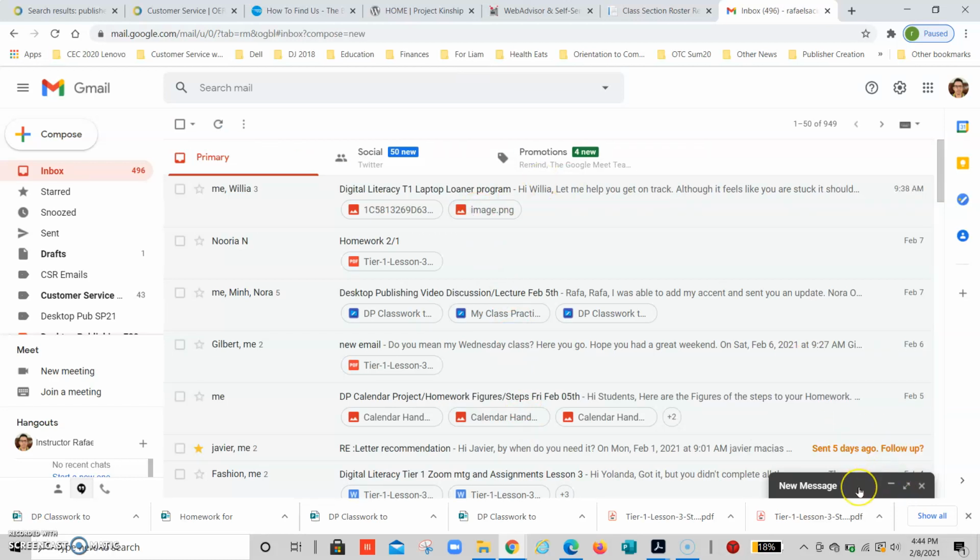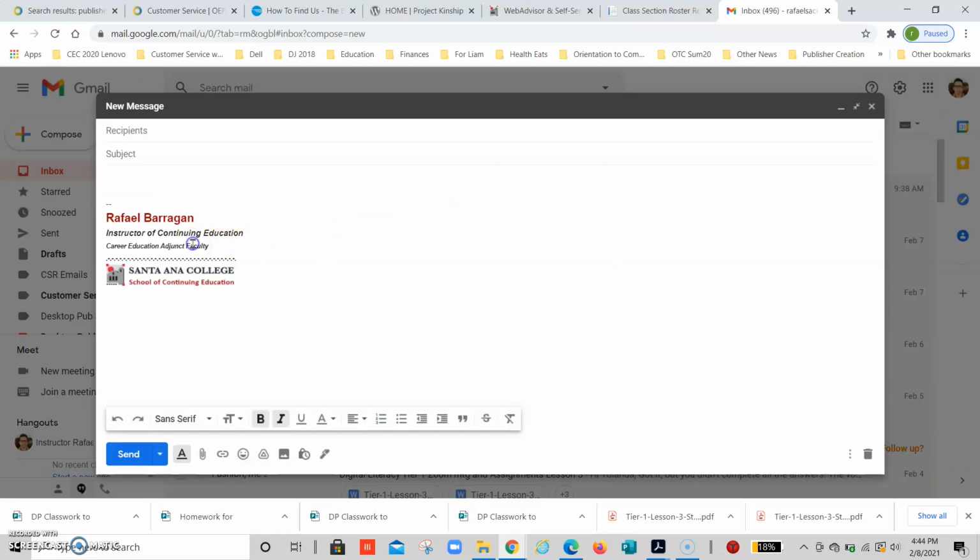I go back to my message, which is down here on the right bottom. I make my message big enough. I can click on this message, and down in the bottom where I can change the signature again, remember it's this pen icon. I click on it, and if I go to manage signatures,